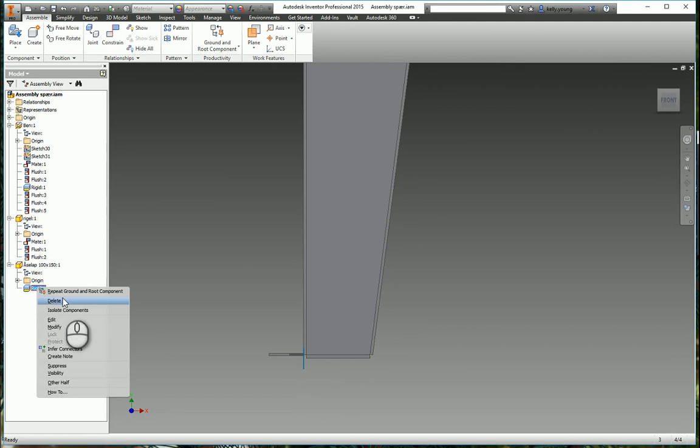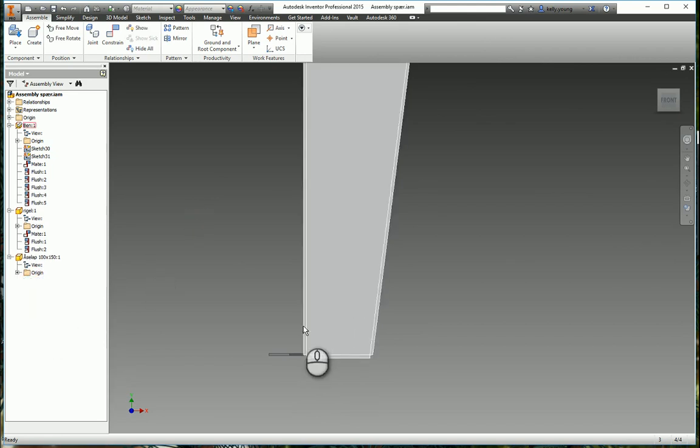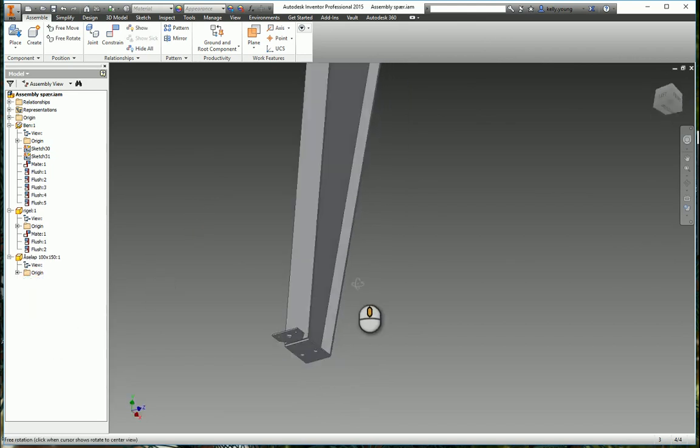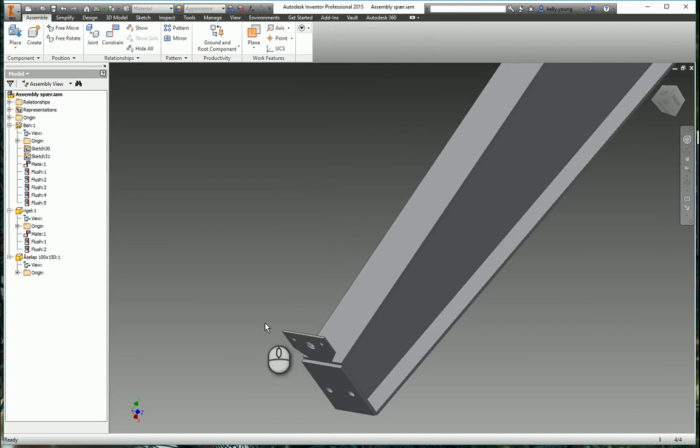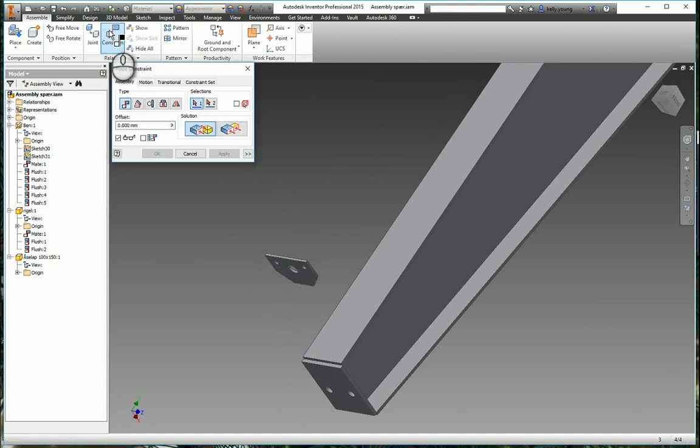All right, so this is more for like a motion constraint. It's not really what you want, so delete that off. So we got our part, and we can freely move it around. Let's do constrain, and our first selection would be,